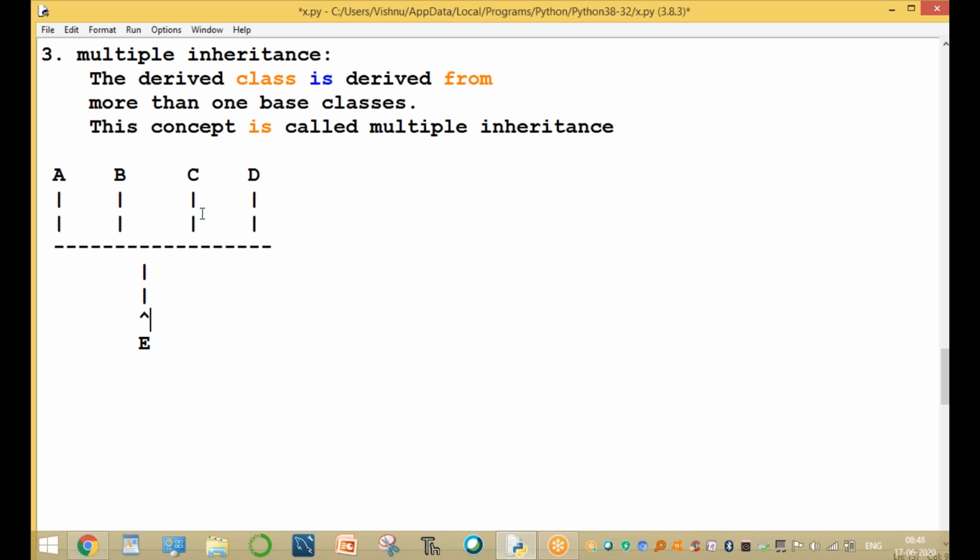It is a multiple inheritance. Clear, guys? Class A, class B, class C, class D inherited to one class, that is called the E class.